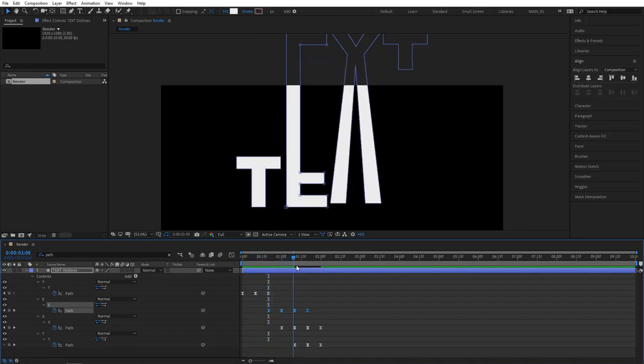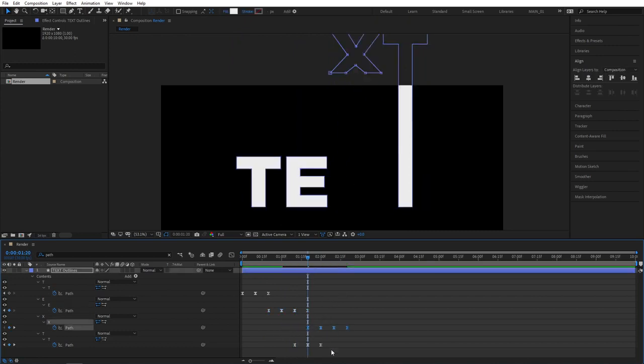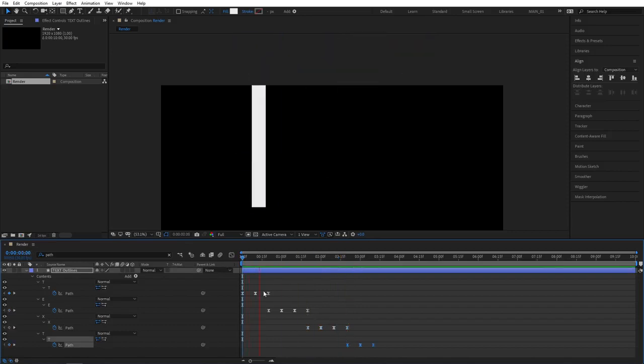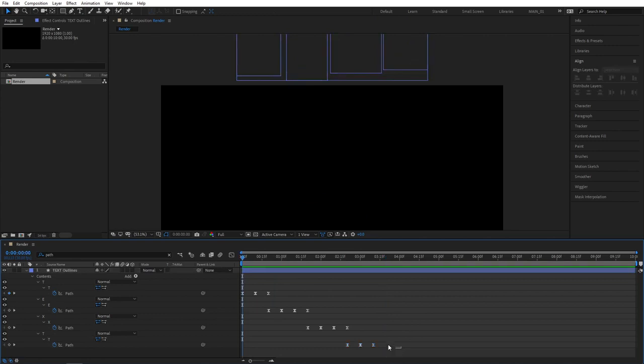Do that for the rest of the letters to get a smoother animation. Again, go to the last keyframe and drag the other keyframes. Let's preview. It looks alright, but the animation is a bit slow, so an easy way to fix this would be to select all